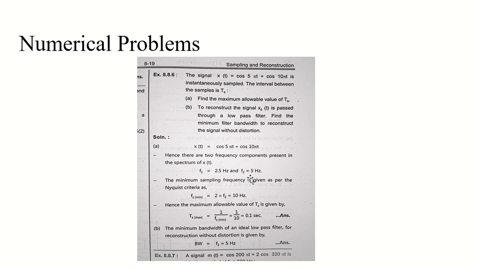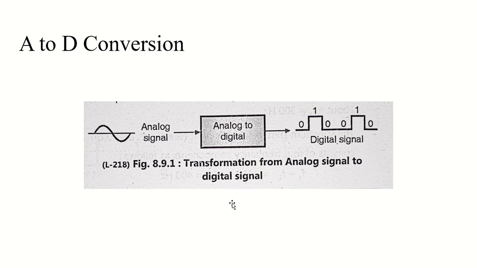And the minimum bandwidth of the ideal low pass filter for reconstruction would be the original bandwidth itself, right? What is the original bandwidth? So the original bandwidth would be 5 hertz, right? Because how far your signal is going, what is the bandwidth of your signal? So just 5 hertz, right? So that's your answer. Now let's discuss A to D conversion,